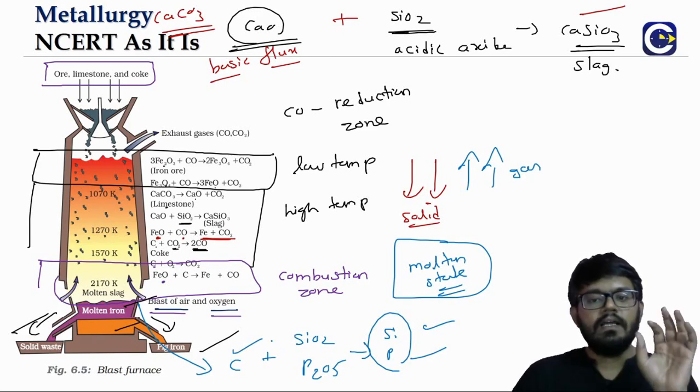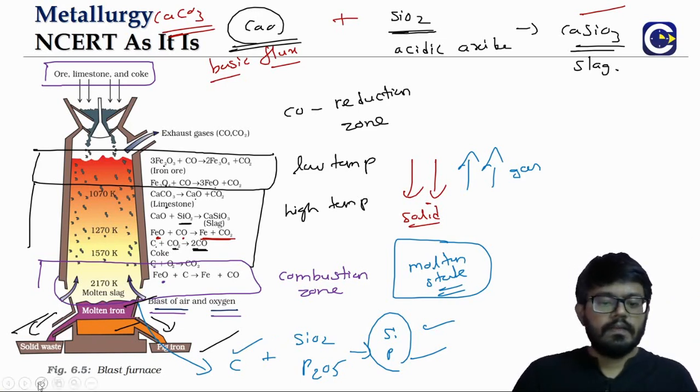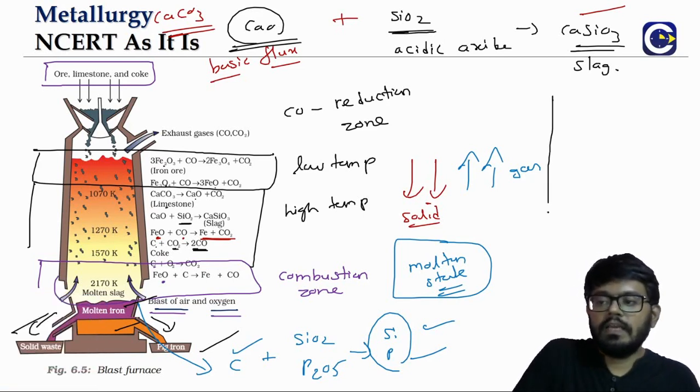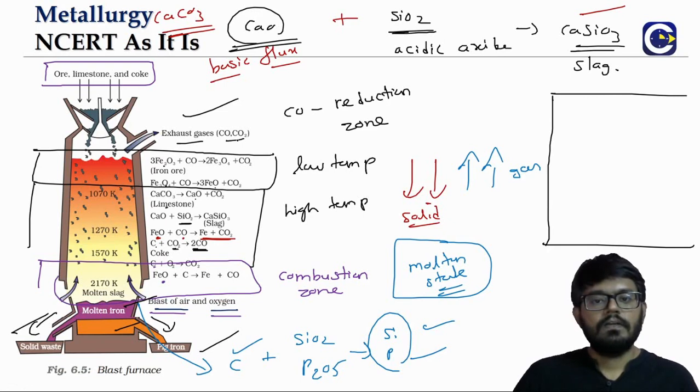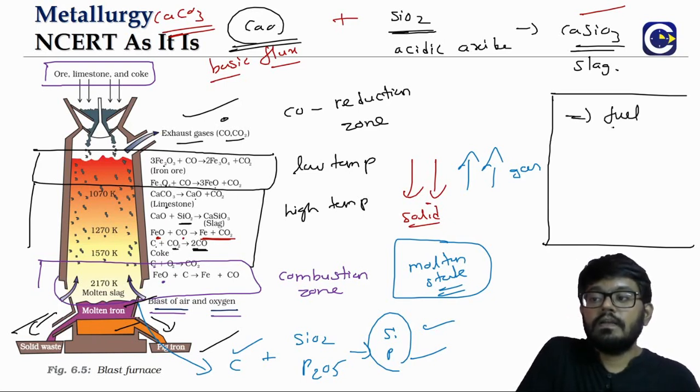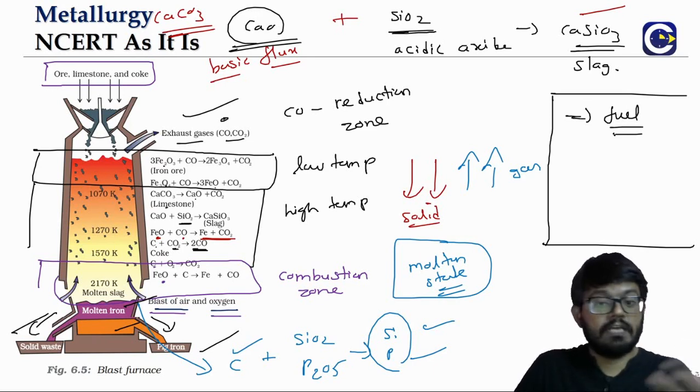So this is the entire set of reactions that will happen. And what we need to observe is, yes, of course, we are getting pig iron. Other than that, what are the, we can say, effluents? We have the exhaust gases. Don't think that the exhaust gas will be just left like that. The exhaust gas has what? Carbon monoxide. And this exhaust gas can be further used as a fuel, because it has carbon monoxide, which means what? This can be further oxidized, which will give us energy. So the exhaust gas will not be just left, it can be used as a fuel.